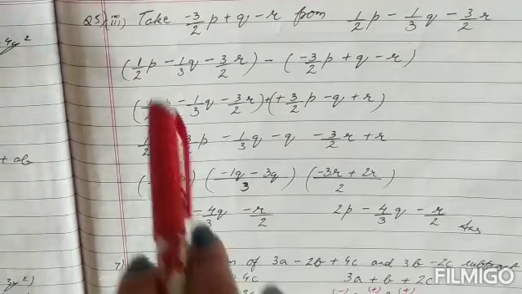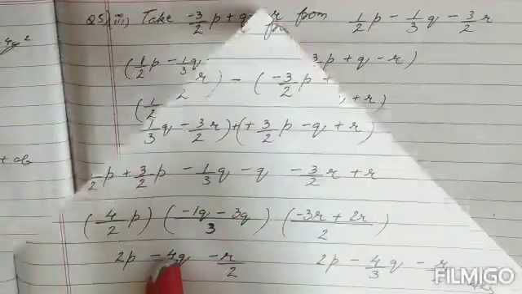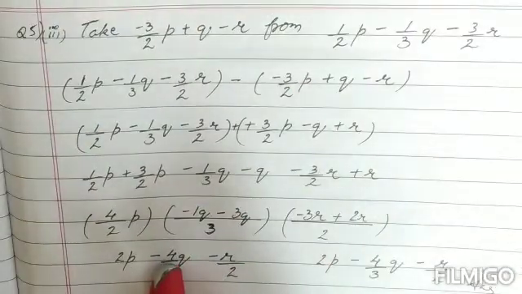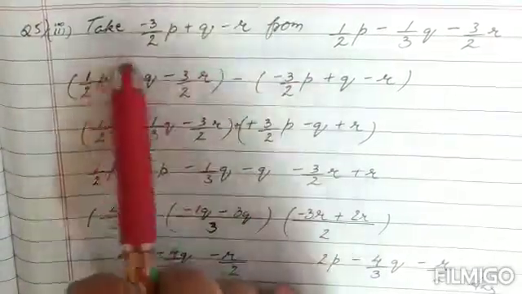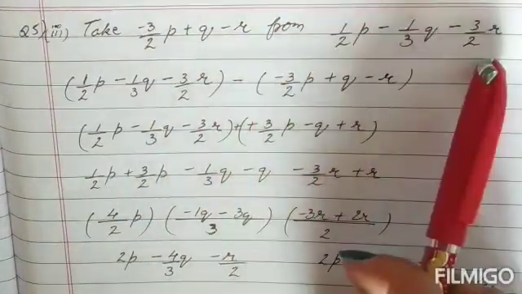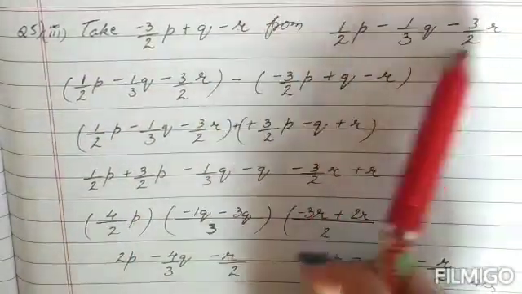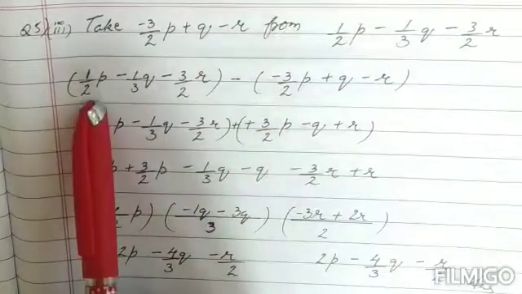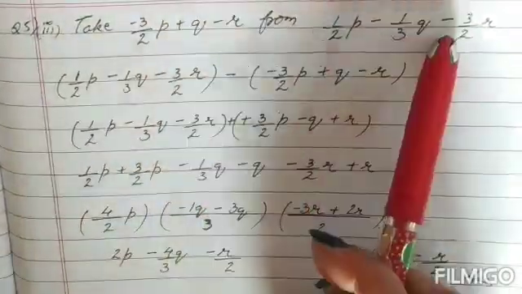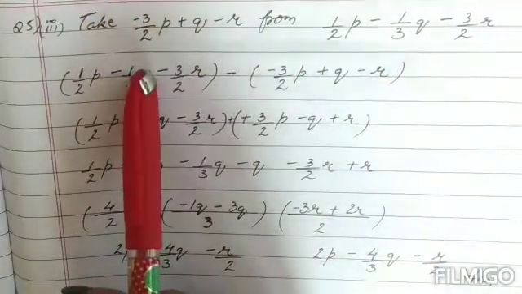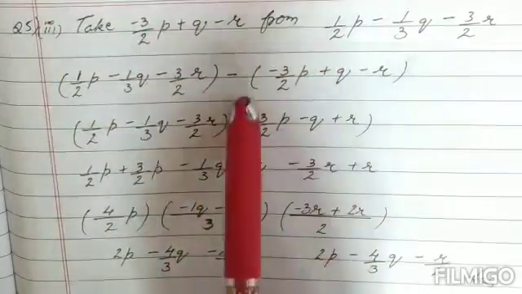Now see question number 5, the third part, children. Take away this. Let's say question number 5, children. I have taken the third part. Take this one, this polynomial from the first one that is written over here. So first you bring this polynomial which is written at the second place in front, children. Please be very careful. Take this polynomial from the second one. So first the second polynomial should be written and then the first one. So I have reversed their places and I have written a minus sign.